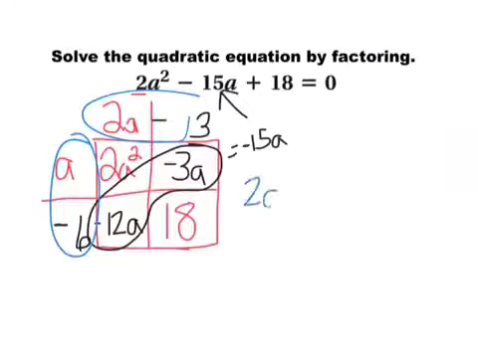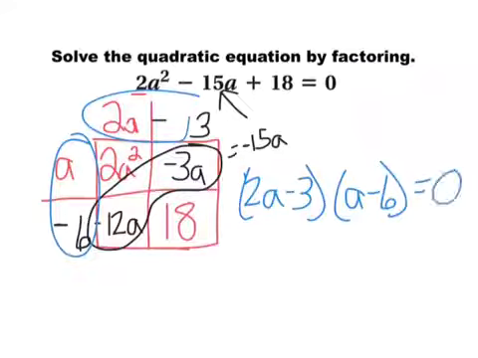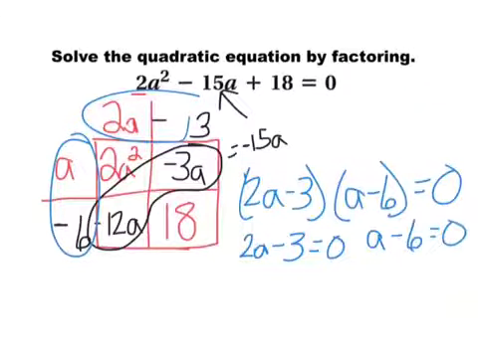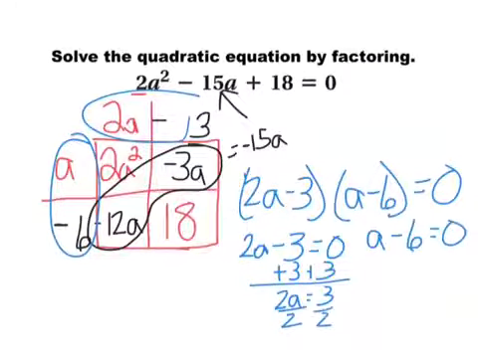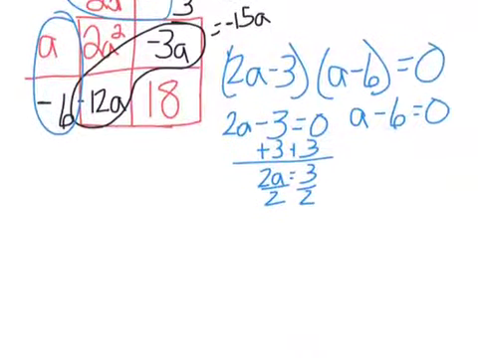So I have (2a - 3)(a - 6), and it is set equal to 0. To solve my equation, I take each of those factors and set them equal to 0. So I have 2a - 3 = 0, and a - 6 = 0. To solve the first one, I need to get that a by itself, so I add 3 to both sides. So I have 2a equals 3, divide by 2, and I find out that one of my solutions is